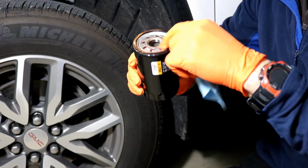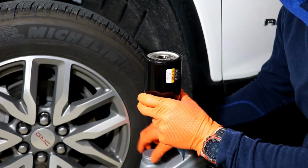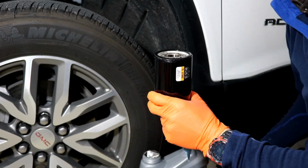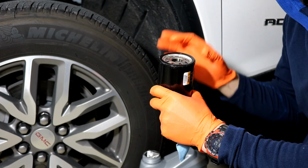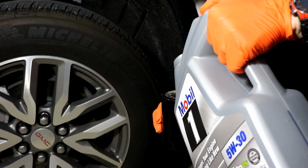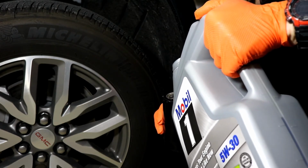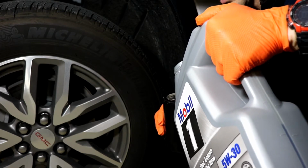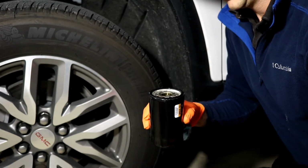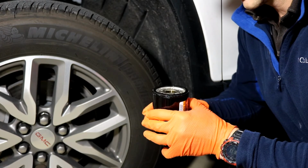So put a little oil on that O-ring and you shouldn't have any problems. Okay, it's been a while since I've actually had a vehicle that had a vertical oil filter, but when you do, I like to fill this filter, at least put some oil in it. I'm not going to worry about it being totally full with all air bubbles out, but it's going to save several seconds. I'm going to let some of the air bubbles get out. And you don't want to overfill it where it's spilling out while you're trying to negotiate the oil filter through the...